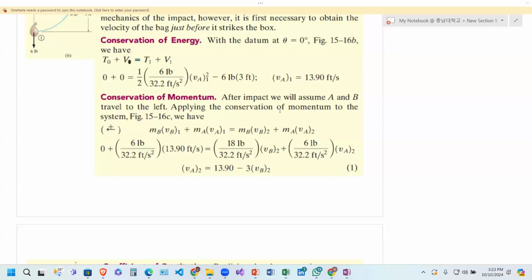So applying the conservation of momentum to the system, we know that the momentum before collision is the same as the momentum after collision. So that means we are now using velocity of the bag before collision, that means at point one, before it hits the box. So we are going to have the mass of the box times its initial velocity, because the box was at rest, so the velocity here is 0, plus the mass